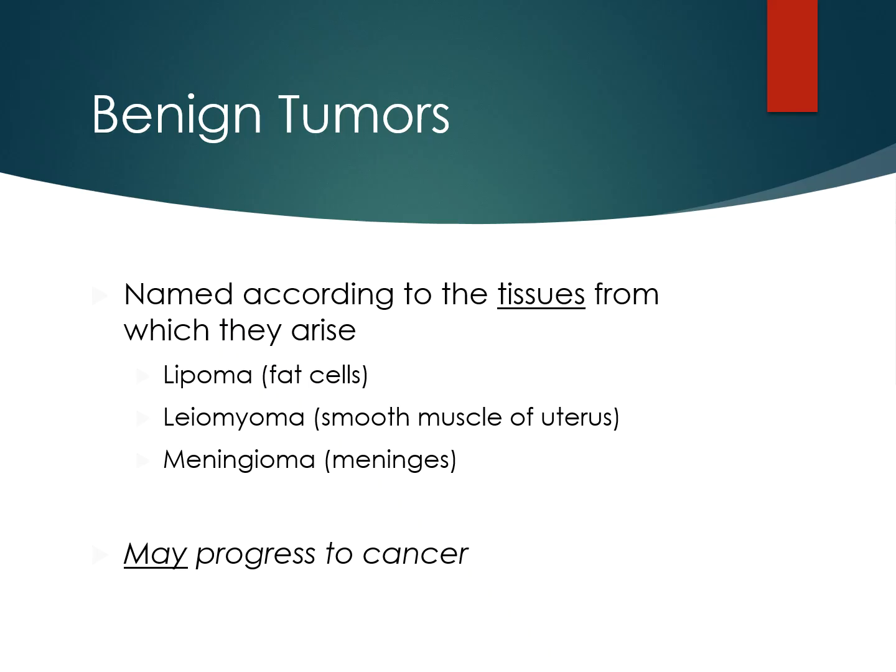And so this takes you back to your anatomy, and I've given you some examples here. So they're named according to the tissues they arise from. They're going to end with the word oma for tumor. Now, they don't necessarily progress to cancer. That's not a given when you find these, and many don't. Some are going to just go away on their own.